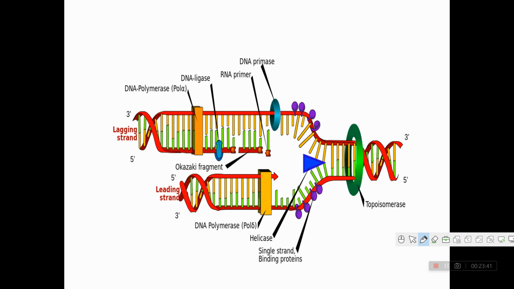This is the diagram of DNA replication, showing how the replication fork will be opened. There are two strands, template and non-template. This is a double helix. One helix acts as the template, and this is the other helix. I already told you that replication takes place in the 5' to 3' direction. So this is a template strand.